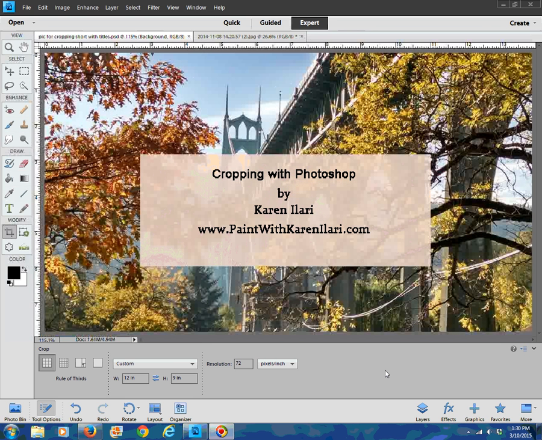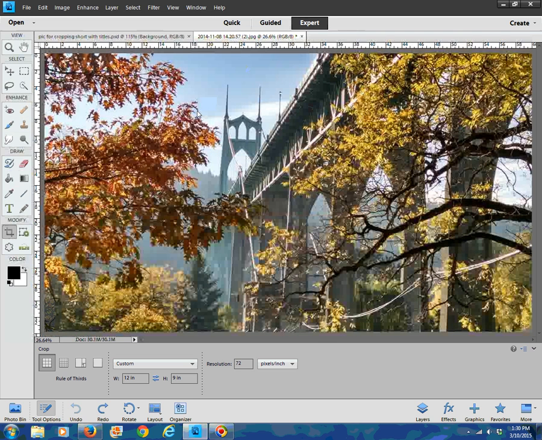I just want to do a little video and talk to you about using Photoshop to crop and compose your photograph to paint from. So what you're going to do is, of course, pull your photograph up onto your screen. I'm using Photoshop Elements, and that's sort of the smaller version of Photoshop, and I'm using it in the expert